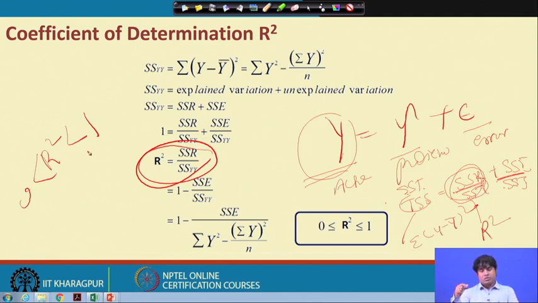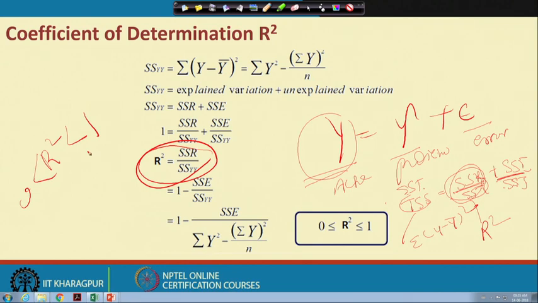In the goodness of fit test, the indicator is the R square, that is the coefficient of determination, which is the ratio of the sum of squares regression divided by the sum of squares total, and which will lie between 0 and 1. Close to 1 is a high fit, close to 0 is a low fit. And then we have to check whether the particular R square is statistically significant or not. Having a high R square or a low R square is not so important, but what is important is that whatever value of R square you obtain from the process, it should be statistically significant.